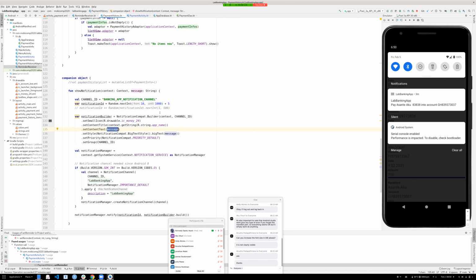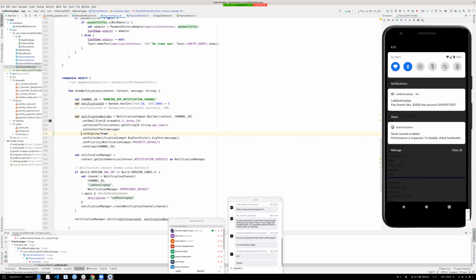So here you can add actions, even actions, or, for example, in most sensing applications, right? If you are consistently sensing data from the background and you want to make the user aware that you are actually collecting data, what you do is, for example, you can set ongoing, right? And then you say true. Now, the effect of this is that the notification, even if you click on clear all, doesn't clear,